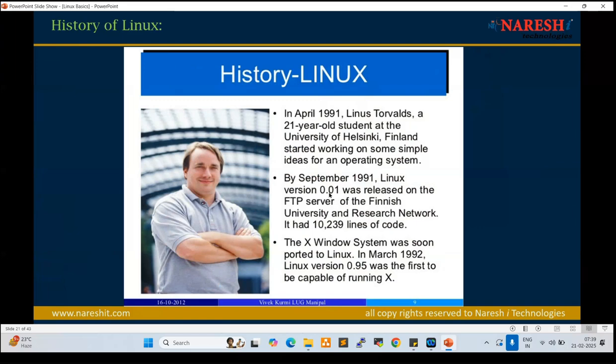In 1991, he released it. For this first release, he wrote 10,239 lines of code, because by that time, in the 90s, we used very old technologies, right? COBOL, Pascal, very old languages. Currently we are using very advanced languages and technologies, Scala, Python, Ruby, right?